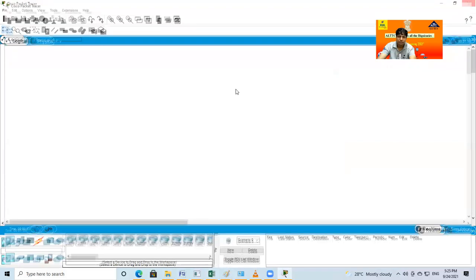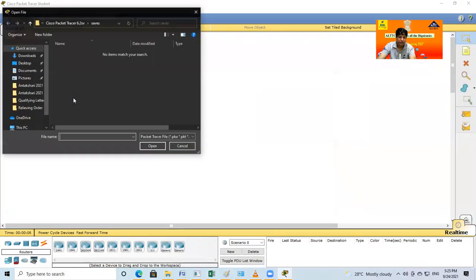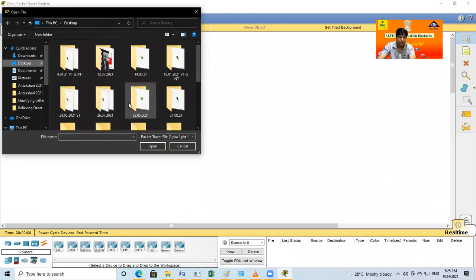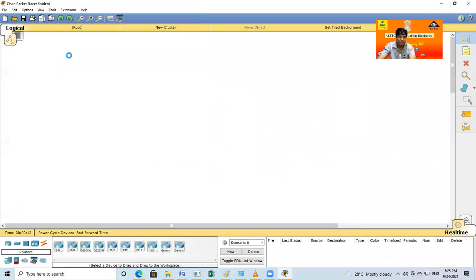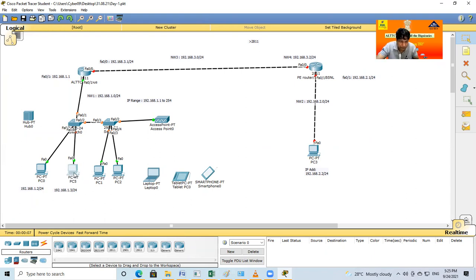I open the sample. Where is it saved, on the desktop? Your batch says 31st, no? Yes, this is the batch. Now just wait and then we can see how this goes, and then the session is over.